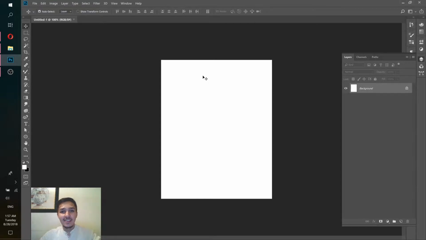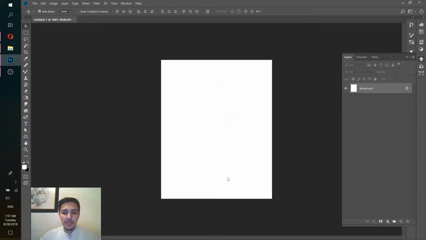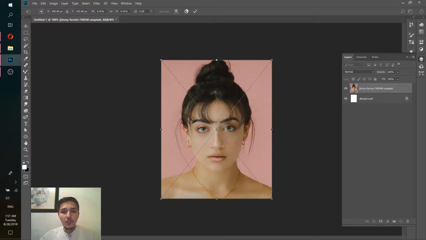Hey guys, so today we're gonna look at the Liquify tool and what it does. This tool is actually pretty big. I mean, it's a monster tool, and you can do really a lot of stuff with it, and it's really useful. So let's just start by putting some image here,